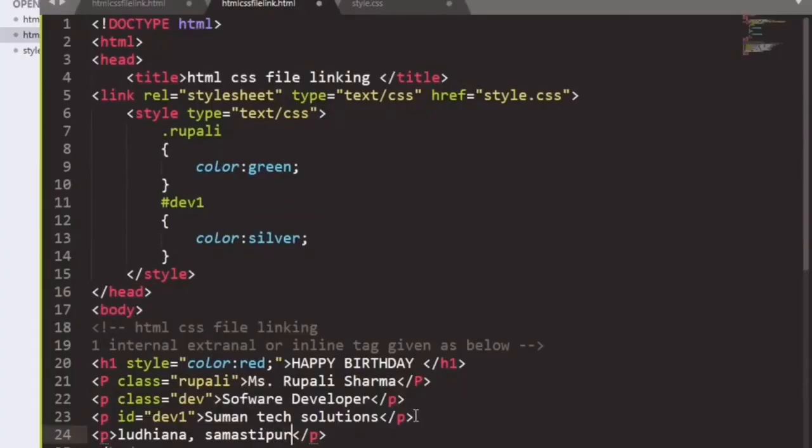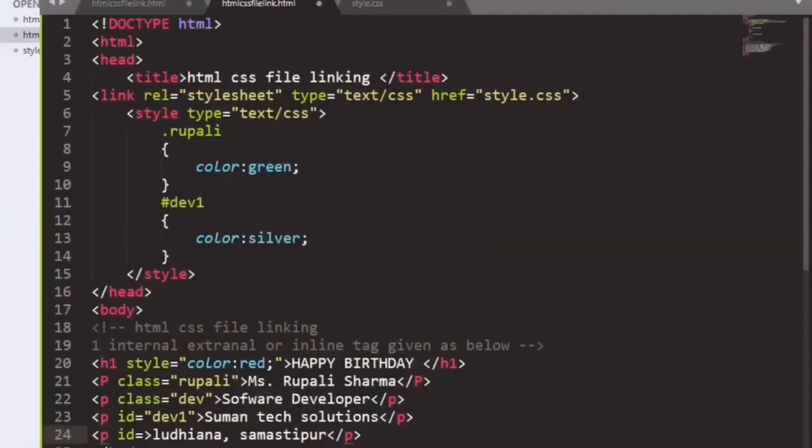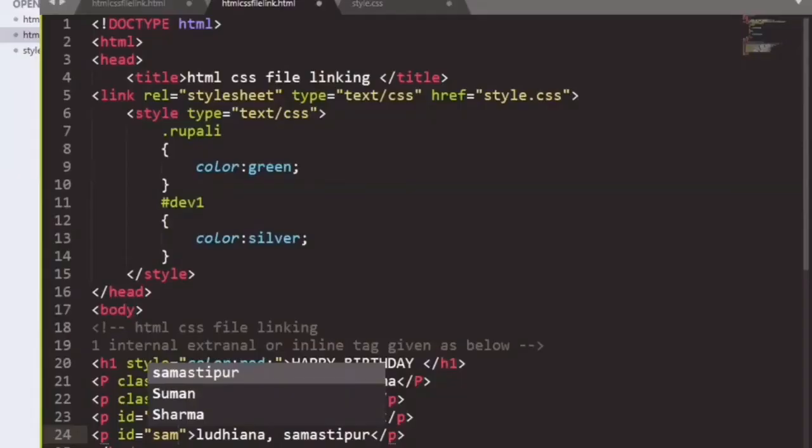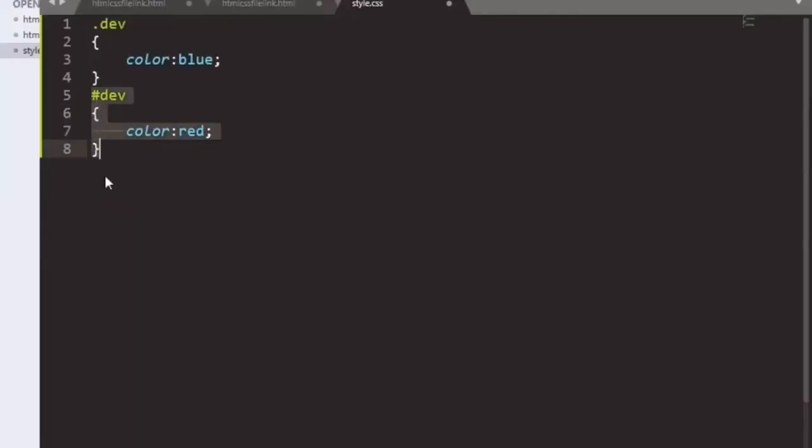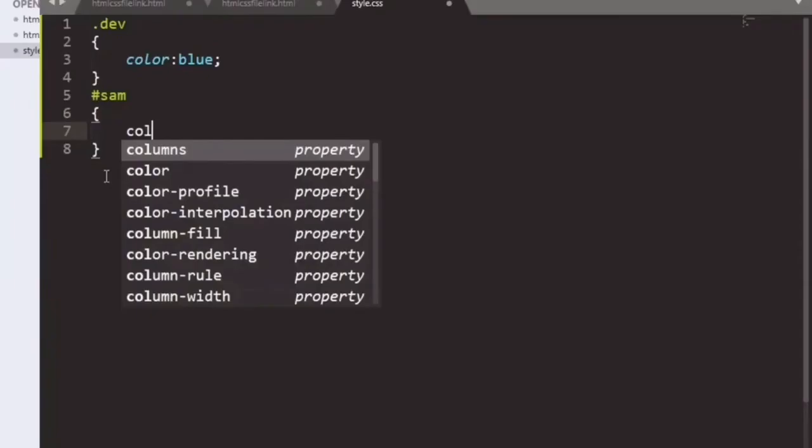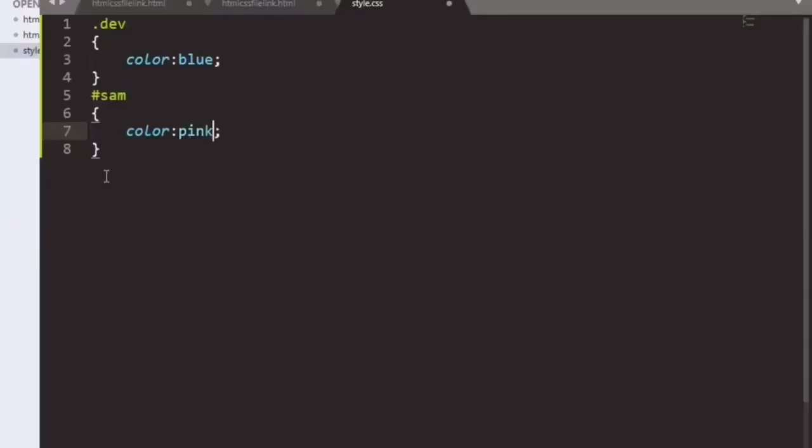Ludhiana, Samastipur. So this is our message we are going to print, in which we are taking an id. In id we will pass some value, that will be Sam. So now here we will include the id and its value. Suppose we have taken the id, that is #Sam, and the curly braces. In this we will write the value, that is color colon pink. So we will save the file